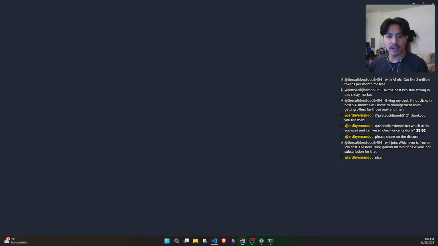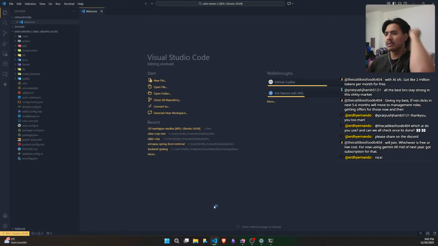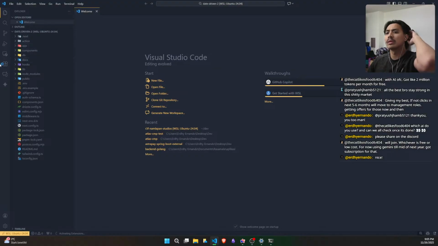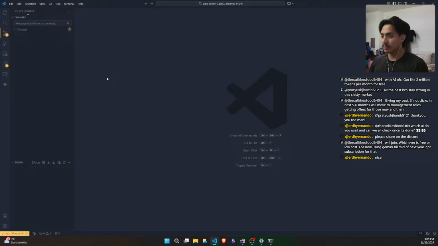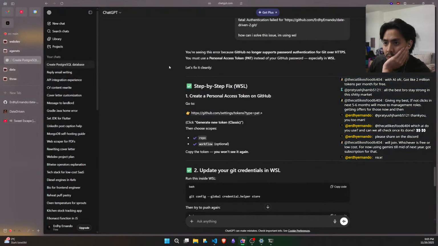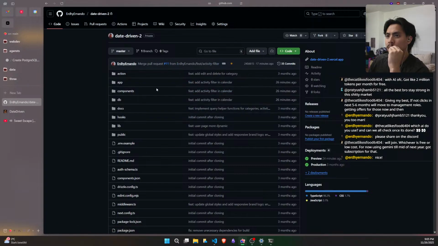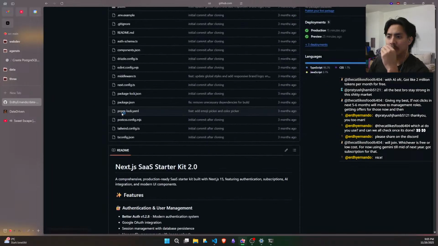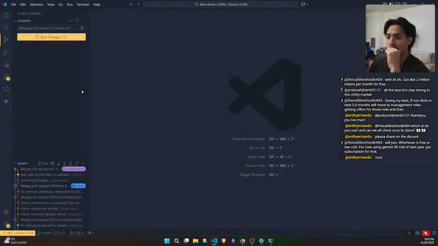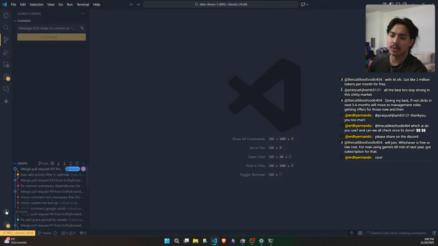Maybe if you open VS Code, it would help. Okay, it can, because the Git, yeah, this one is already connected to my GitHub.